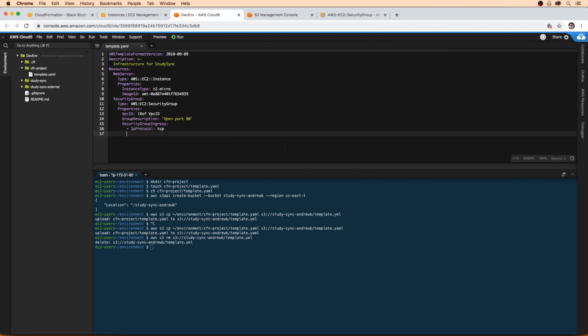And I'm going to type in TCP. And then we'll just align with the IP there from port 80. And then we have to port 80. And then we have CIDR IP